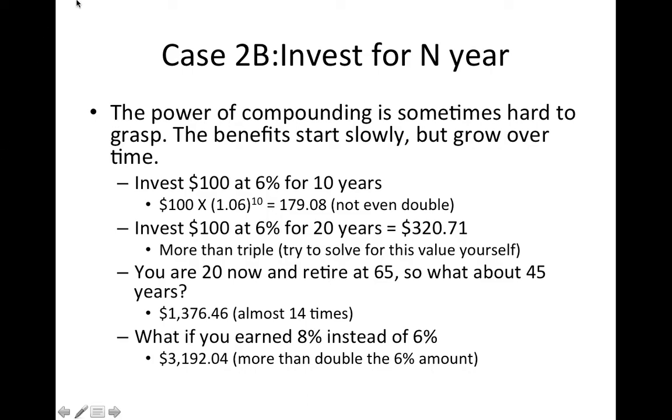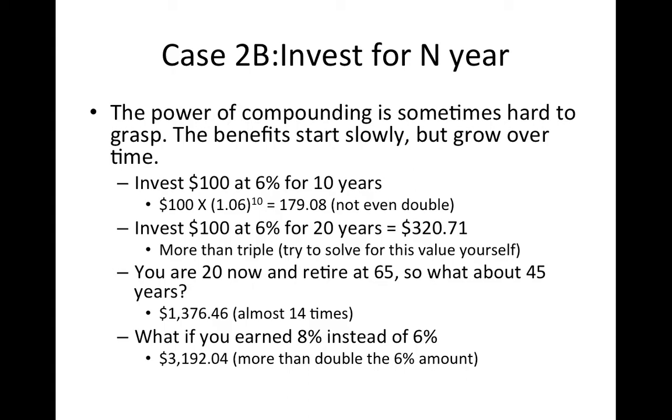But the thing about compounding is that the further out in time you go, the more of a difference it makes. And so consider that I invest $100 at 6% for 10 years. If I didn't earn interest on interest, then I'd just get $6 each year for 10 years. I'd make $60. I'd have $160. Big whoop. But with compounding, I get $179. So I've made an extra $19. That's starting to be meaningful. That's like a third more than I thought I would have got without the compounding.